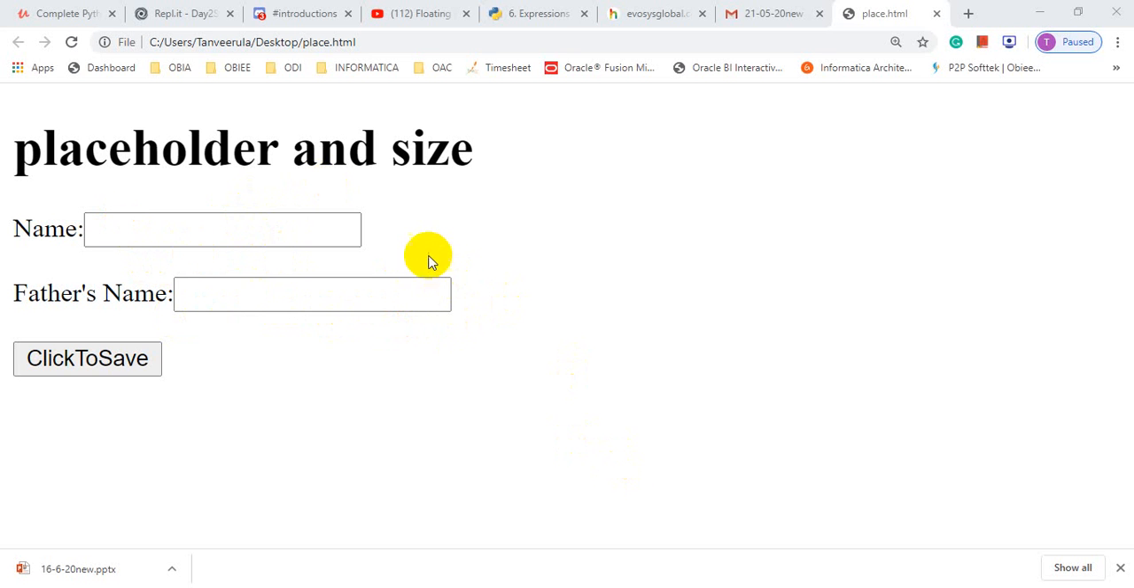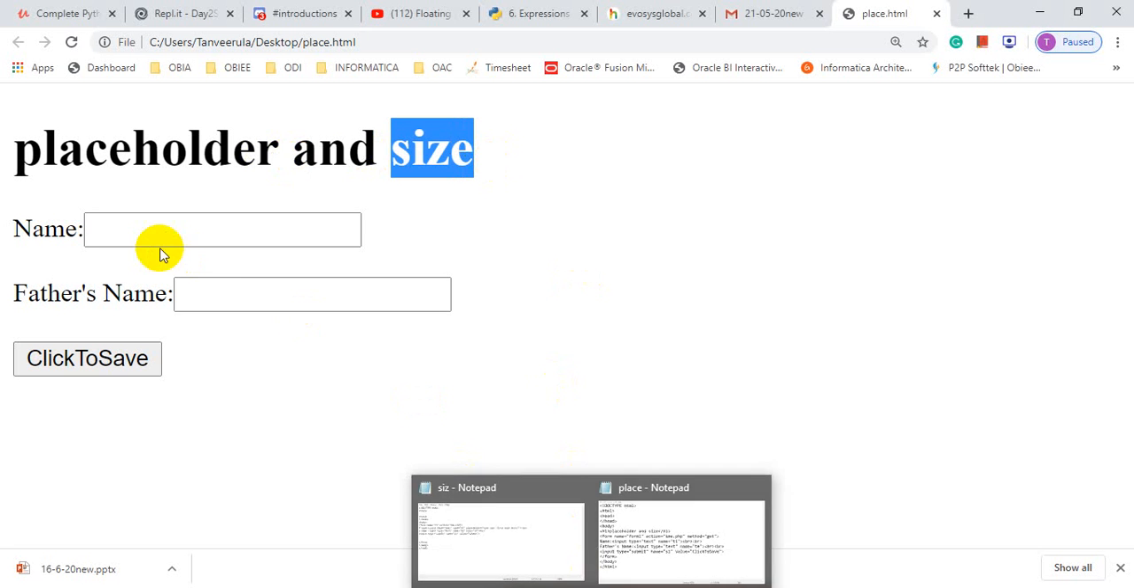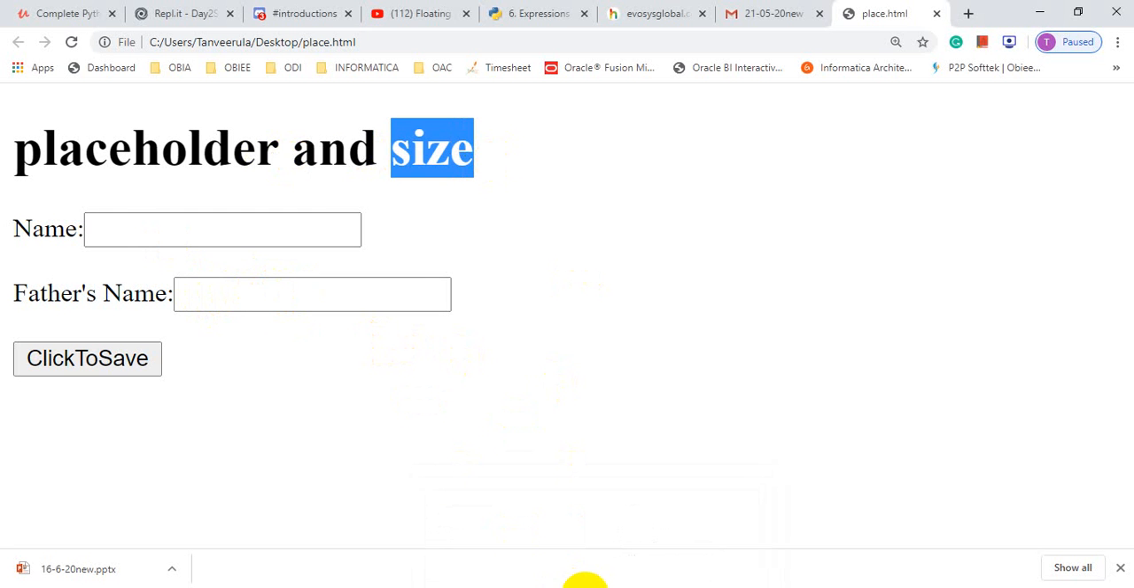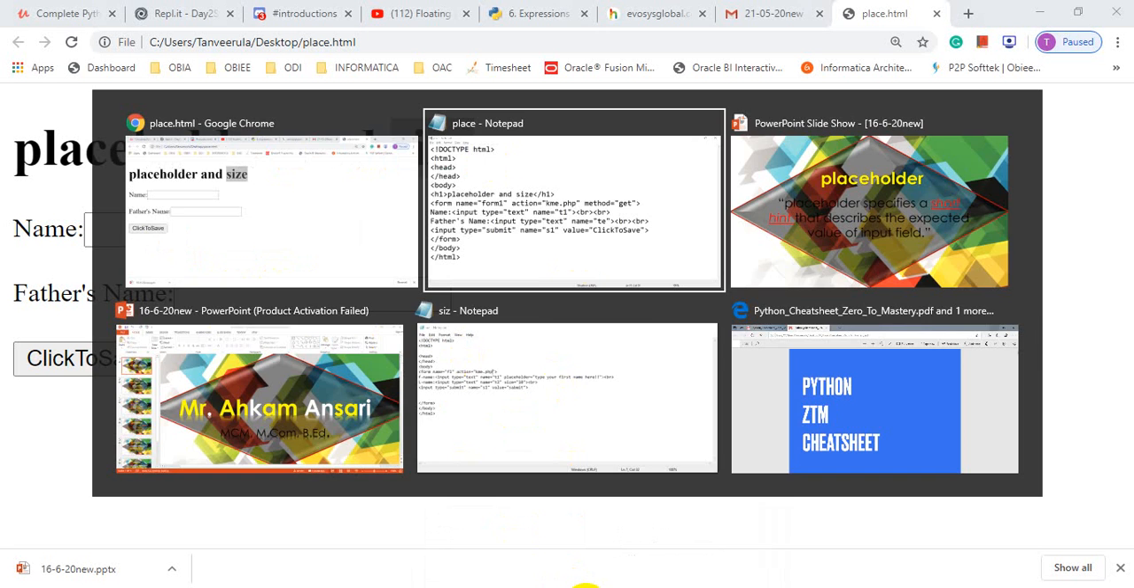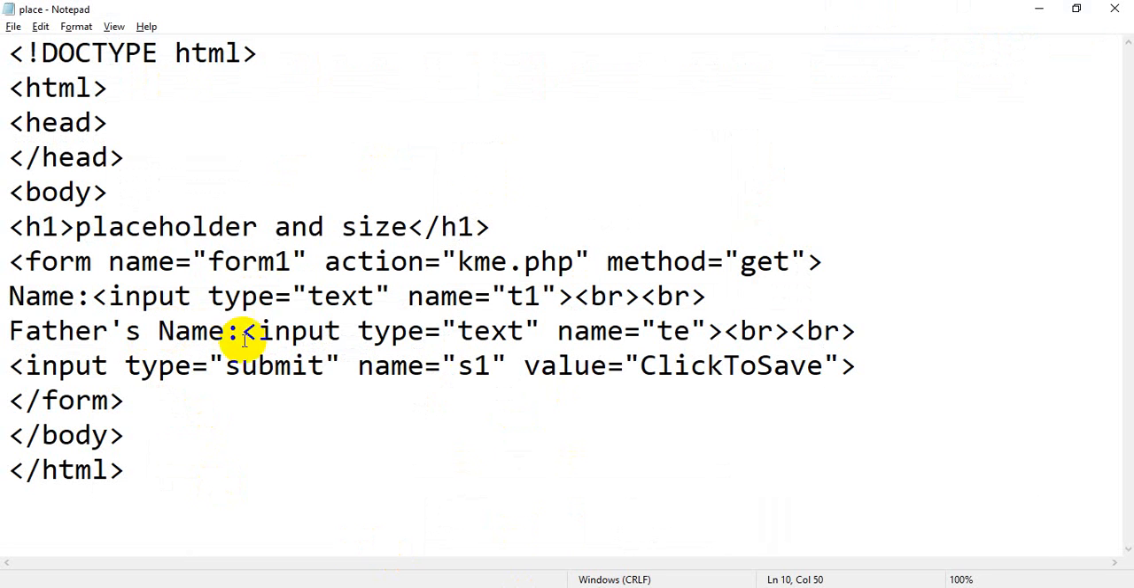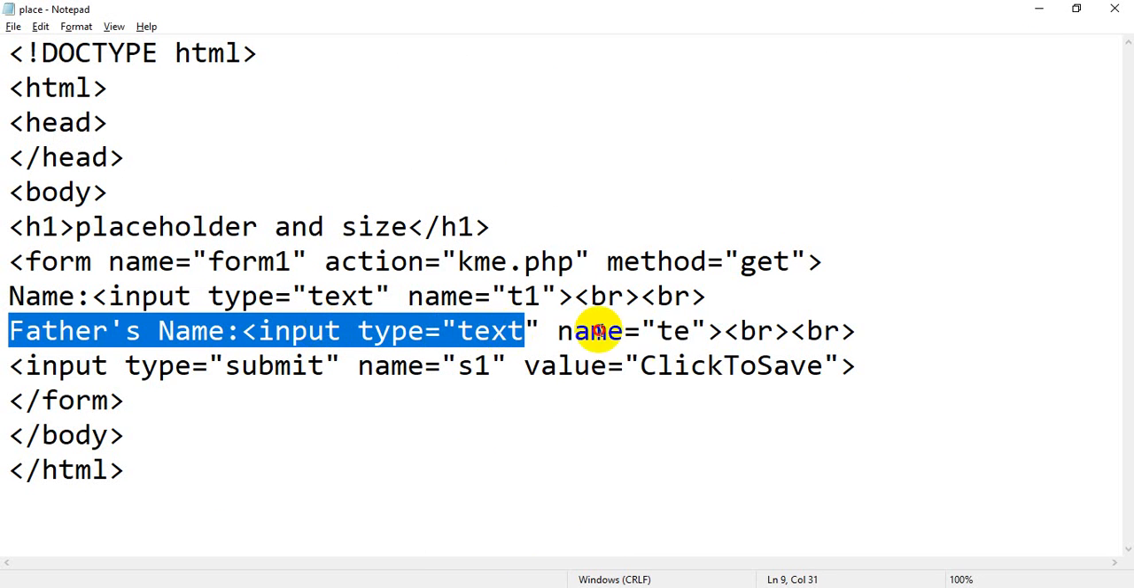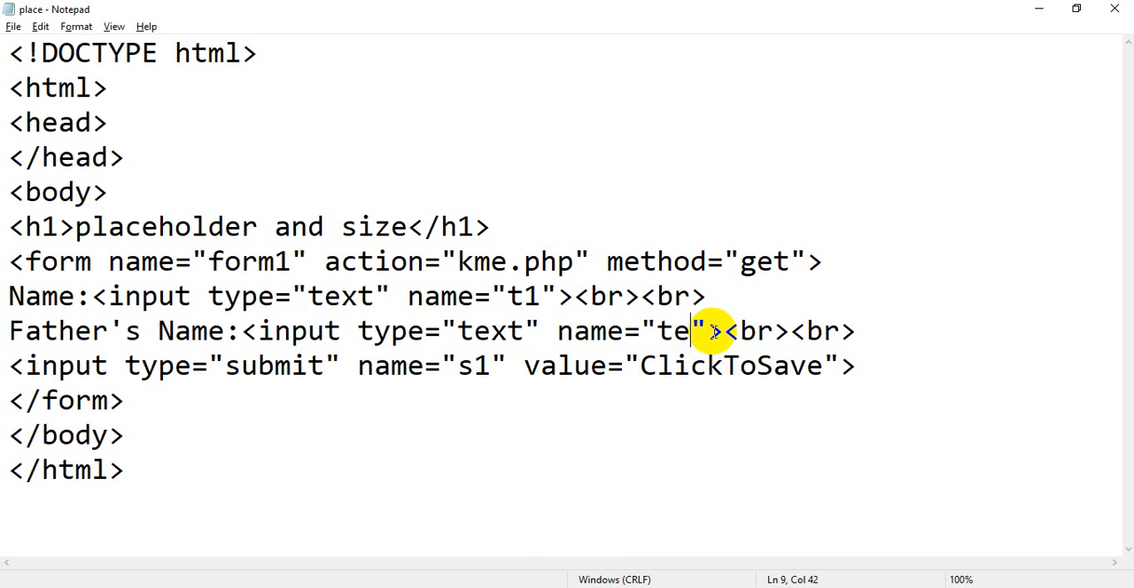Now I am going to add some restriction, meaning a restriction attribute, that is the size attribute. I am going to add it inside the second text box, that is the father's name. So in this line, see, I'm just going to highlight, in this line I am going to add one more attribute,